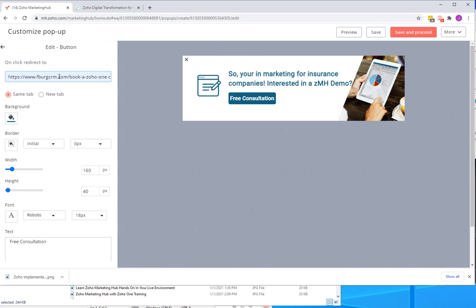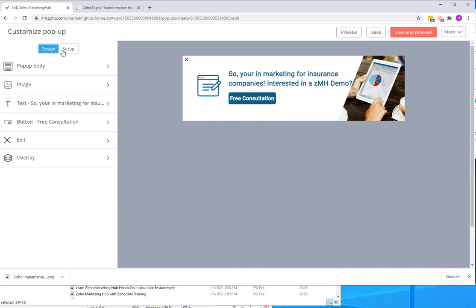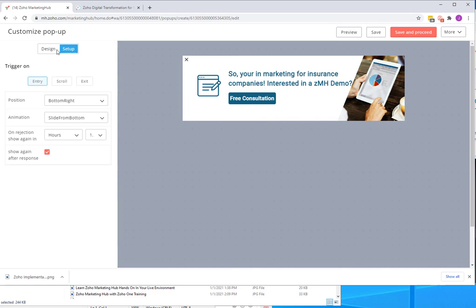Again, we're just going to add in our book a consultation there. And for this one, under setup, instead of it triggering as soon as they enter another page, we're going to say scroll, and whenever they scroll at least 75% of the page, then have this automatically pop up. So we're going to choose save and proceed,